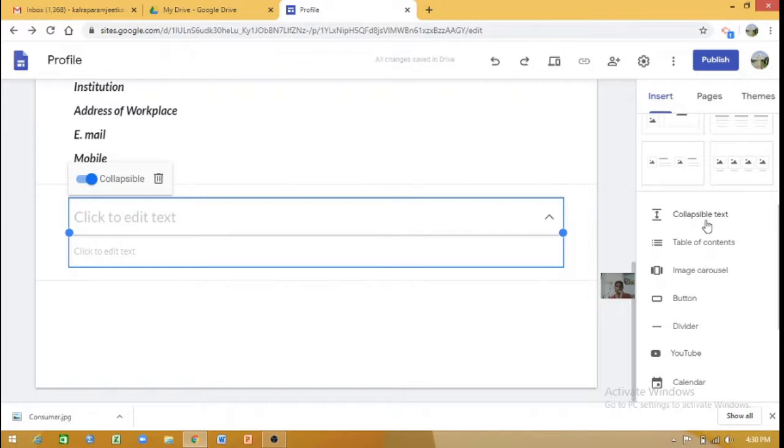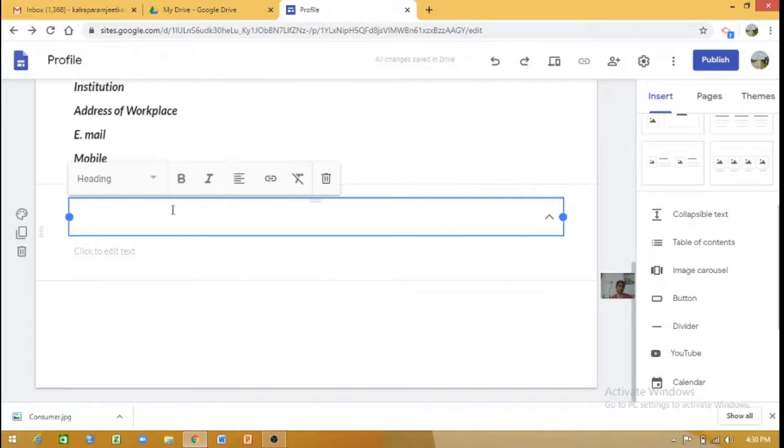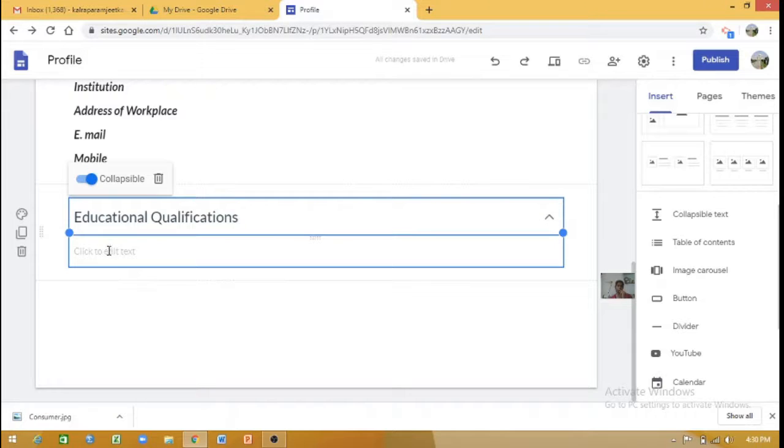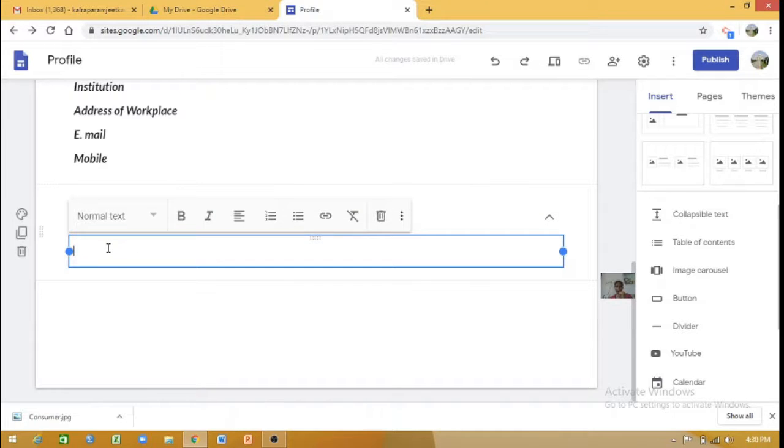Now this is collapse site text. In this I'll show you how it will work. For example, I want to show the people my educational qualifications. So whenever they press this, then only the box under this is going to open.